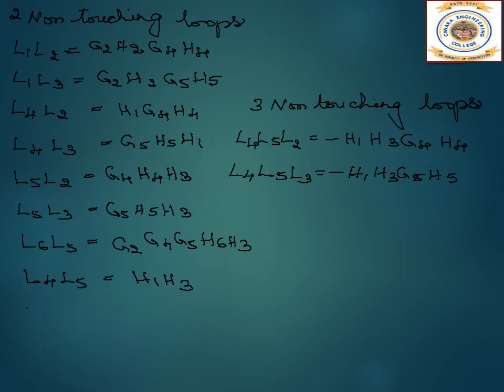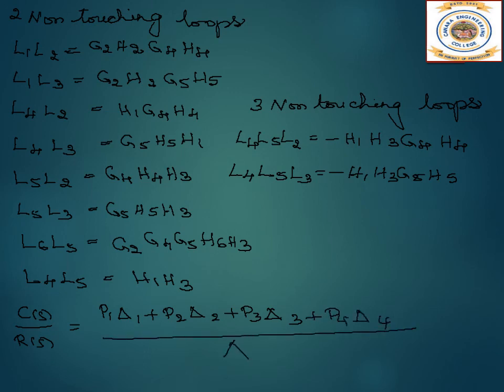Then C of S by R of S, the Mason's gain formula, is equal to P1 delta 1 plus P2 delta 2 plus P3 delta 3 plus P4 delta 4 whole divided by delta. Let us write what is